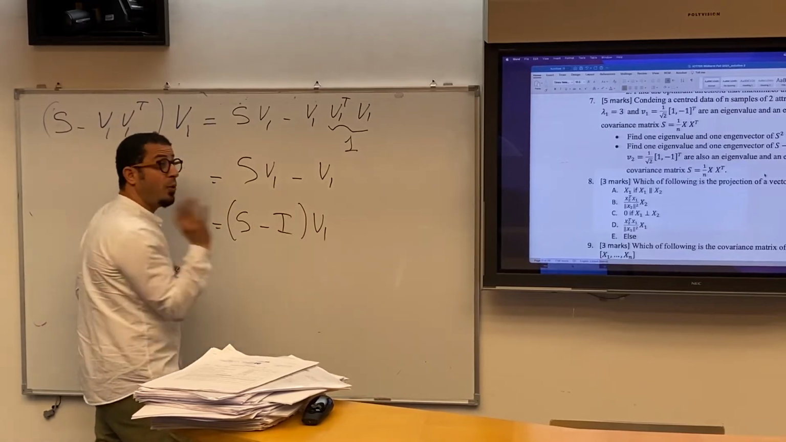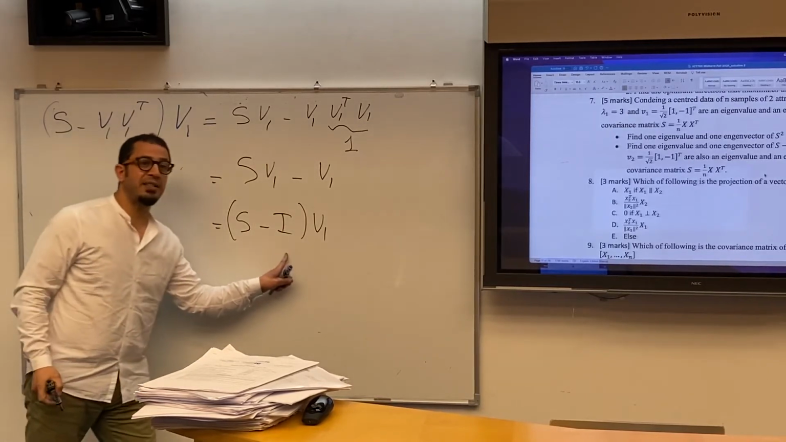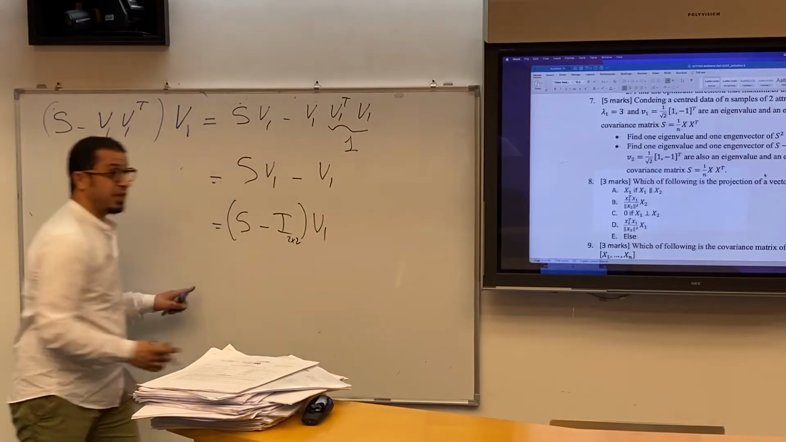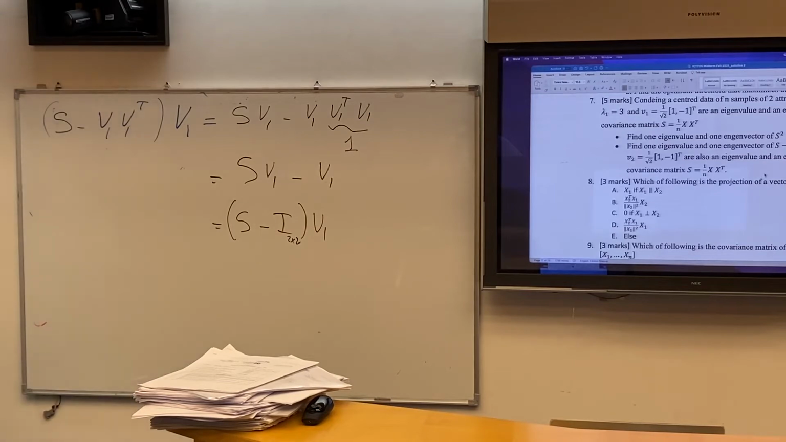Thank you so much. If you do 1, it's wrong. What is the size of the identity? The same size of S. 2 by 2, 2 by 2. Thank you. Excellent. Never put 1 in the matrix. So,